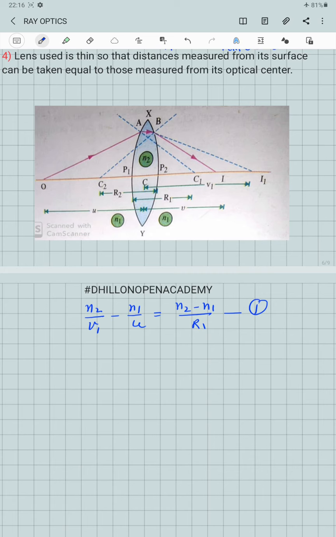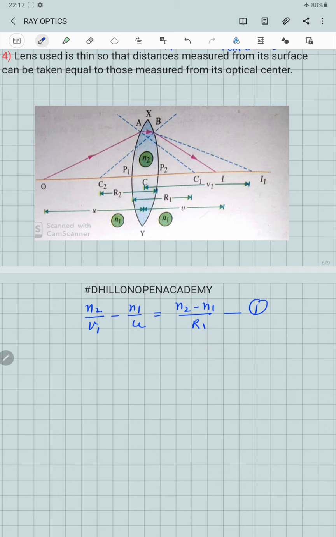So it will suffer double refraction at the point B. First refraction at point A, second at the point B. So it will finally come to meet at the point I on the principal axis, which will be the actual and final image of the object O, which is the real image, formed at the distance V from the pole P2 of the second spherical surface XP2Y.